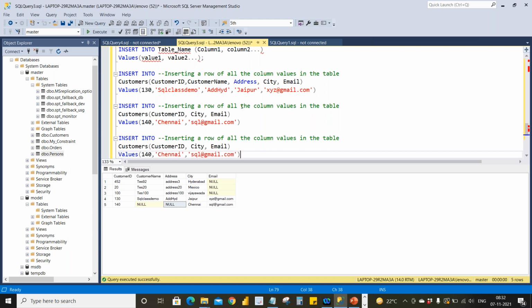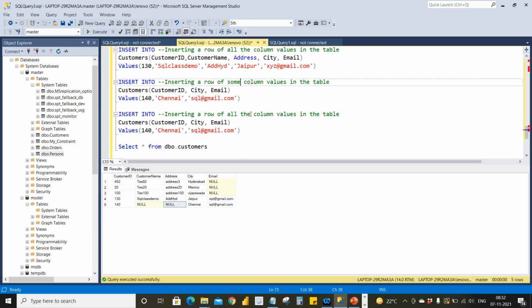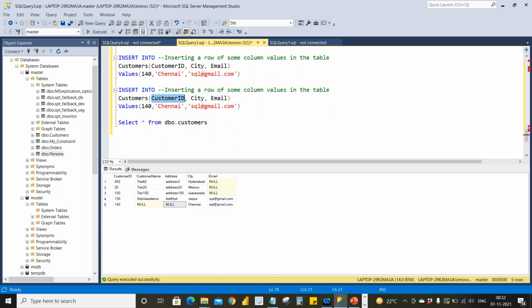So inserting a row of some columns. Okay. So I don't give this customer ID. I'll give city and customer name.